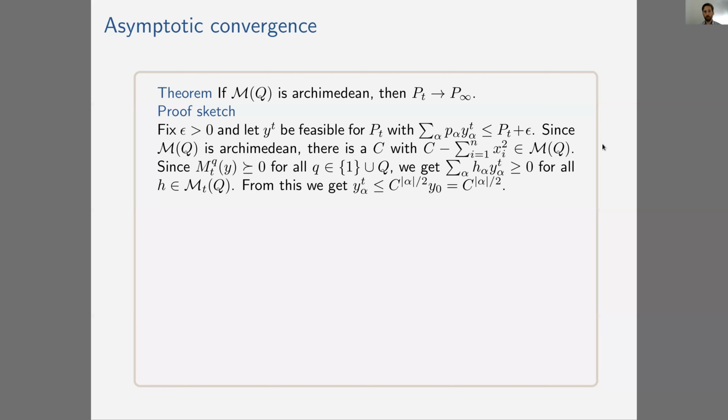So since M(q) is Archimedean, we know that there is a constant c such that c minus the sum of squares is in the quadratic module. That was an exercise yesterday. And this we can use to deduce the following. We know that the truncated localizing matrix M_t(q y) is positive semidefinite for all polynomials q. And from this, you get that